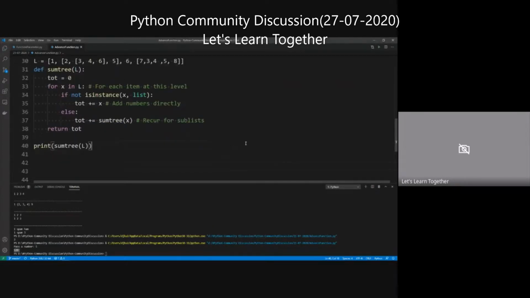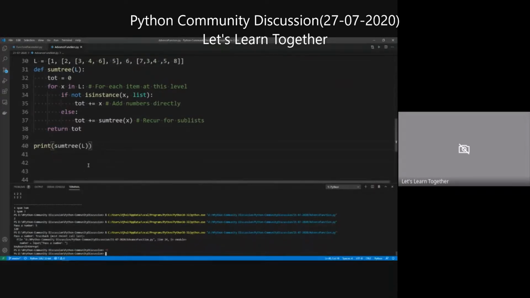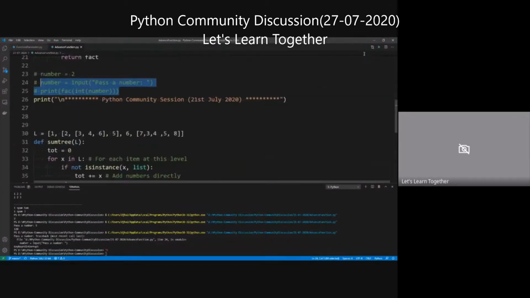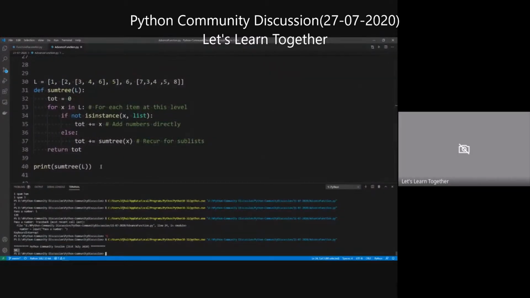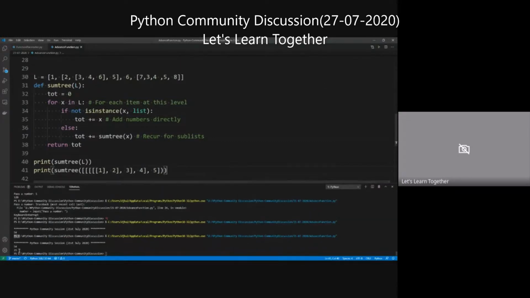And if we print this, this will give the summation of all the elements in this list. Okay, let's pass it some different arbitrary list of this kind. This will work. Sum all the values, but